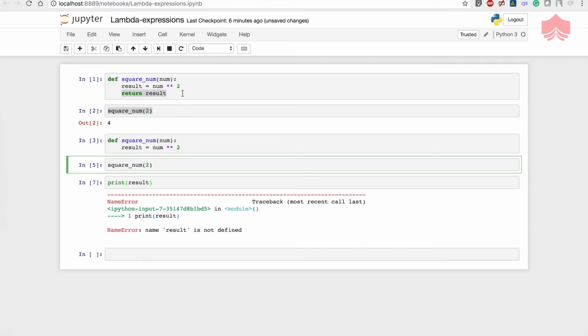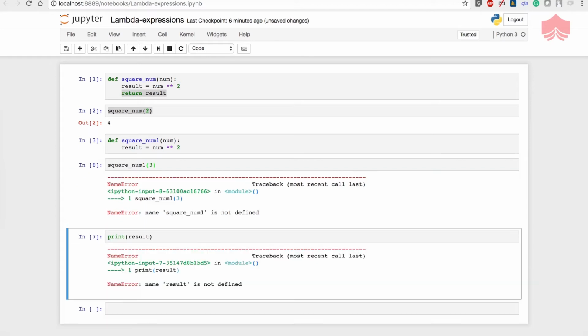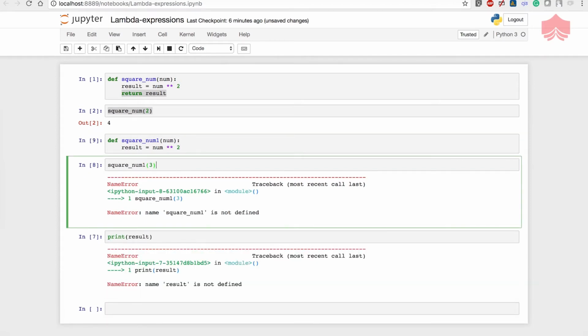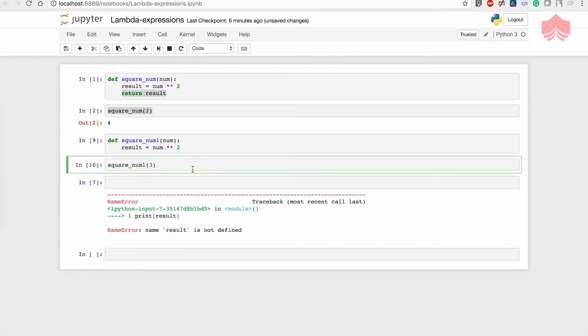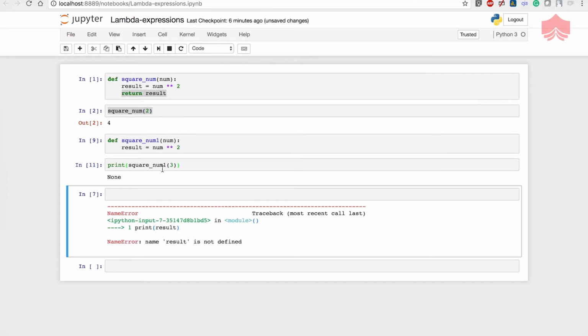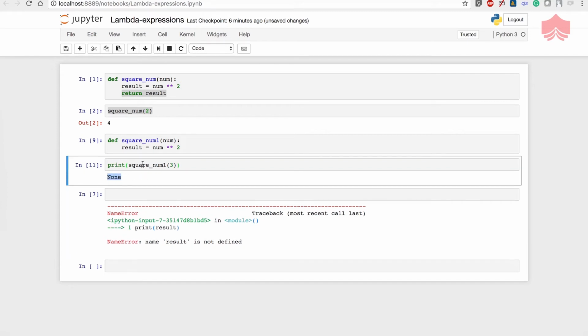I've created a function, and I have to execute it. Perfect. Now there isn't anything coming out when I print. If I do something like this, print, there is nothing, it says None. There's no outcome at all,